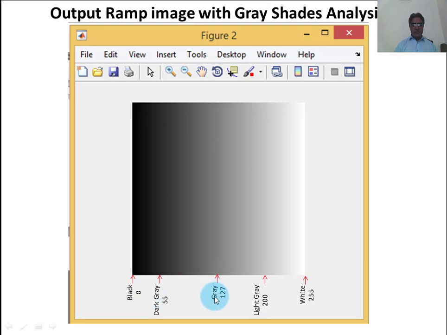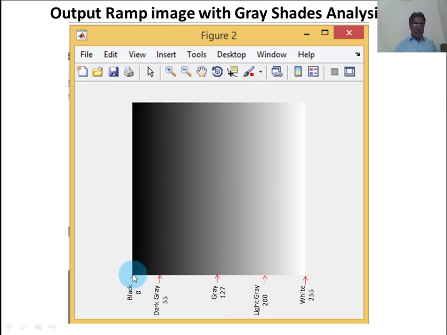When we go backward from 127 towards 0, the gray shades become darker and darker. Let's suppose this is a dark gray shade, and its value is 55, and it becomes more darker, and at the end it becomes black. When it decreases from 127 to 0, it becomes totally black, and it is black color, not gray color.